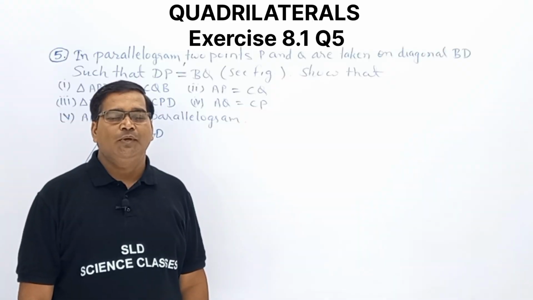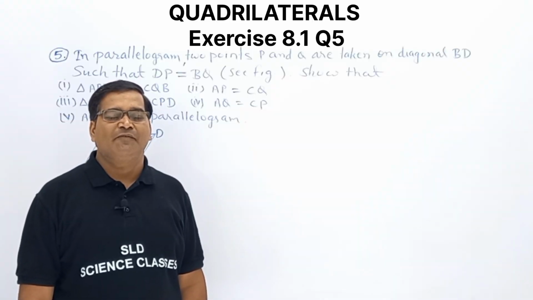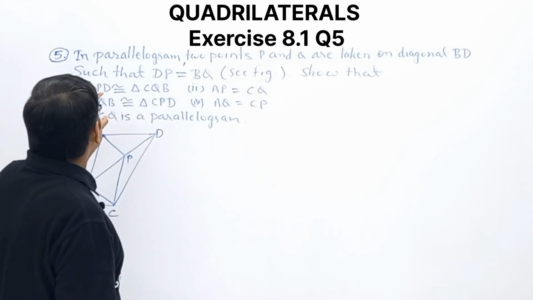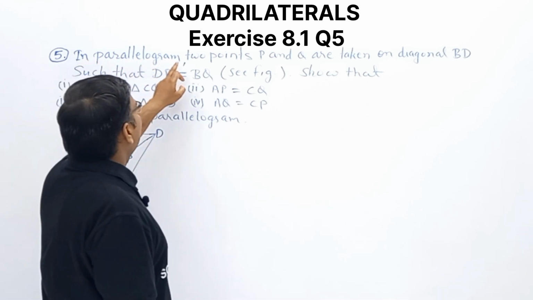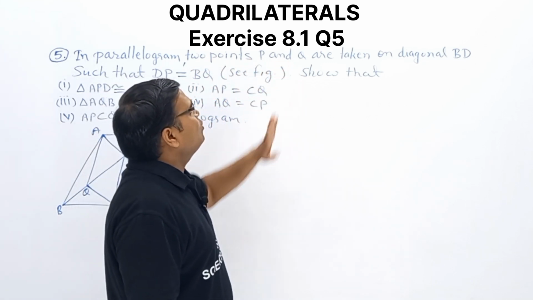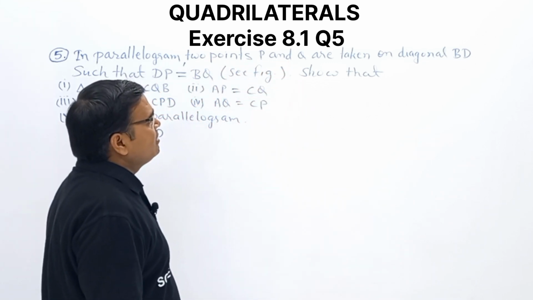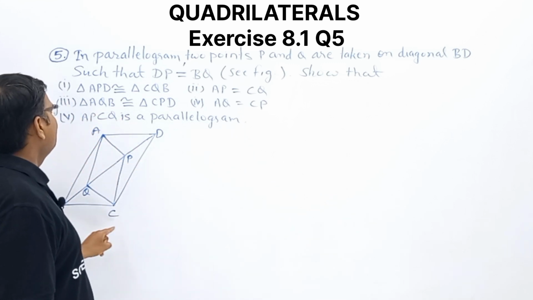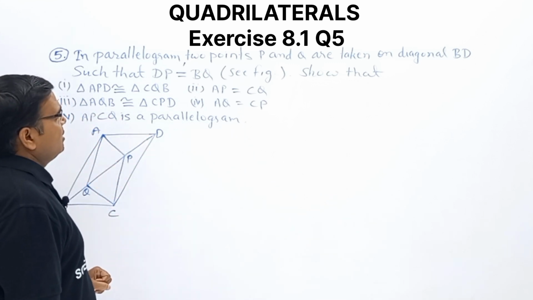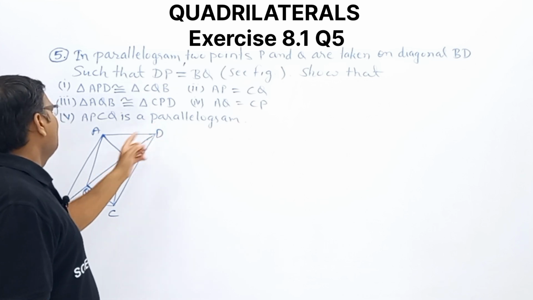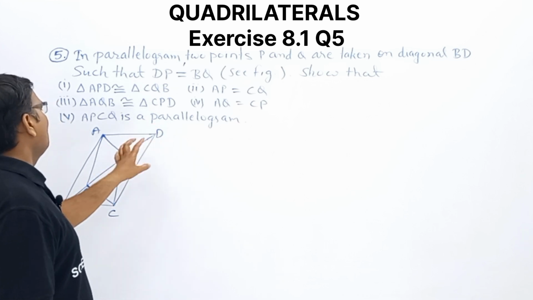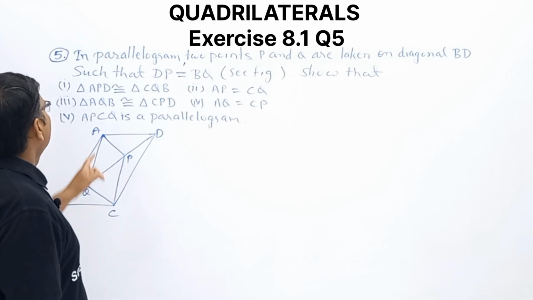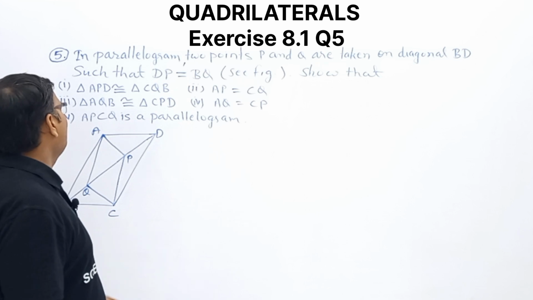In this class, we are going to discuss question number 5, exercise 8.1, quadrilaterals. Observe this question. In parallelogram ABCD, 2 points P and Q are taken on diagonal BD. We are having one parallelogram, ABCD, and its diagonal is BD. On the diagonal BD, we are taking 2 points P and Q. Clear? Such that